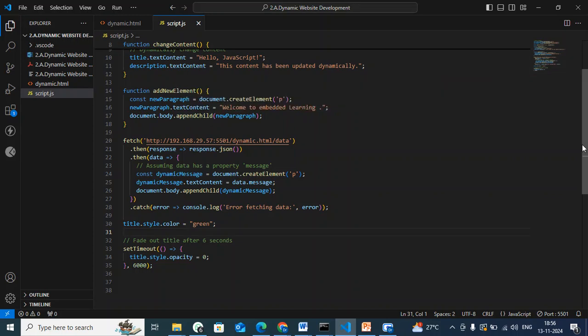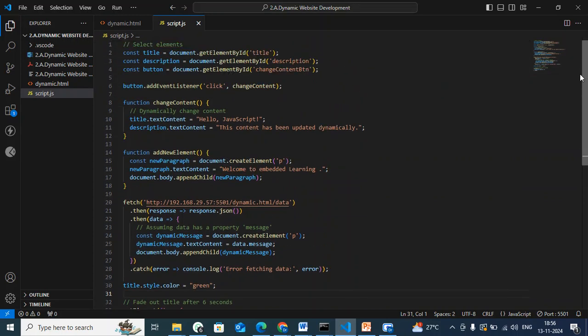So here, if you see, I am trying to access the elements using DOM manipulations, like title equals to, here I want to access the title and change the title. I am trying to access this using document.getElementById, a method which takes the id.